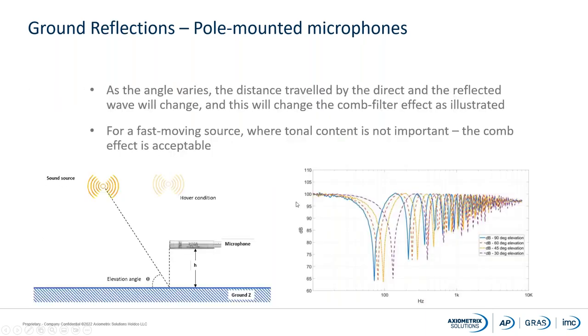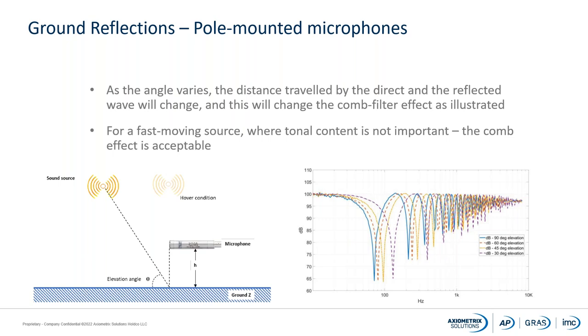So having said that, you then might say that, well, this is for the worst situation. This is the Hoover condition. This is where we are standing just 90 degrees over the microphone. What about now when we have a moving source? And we actually had, for the jet airplanes, a fast moving source.